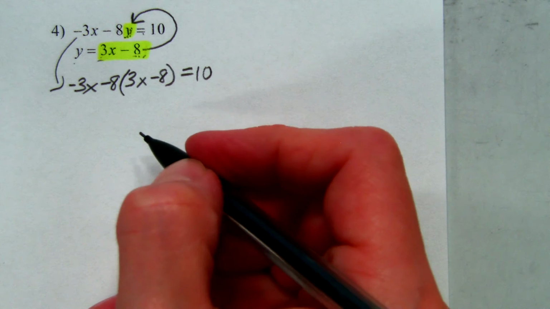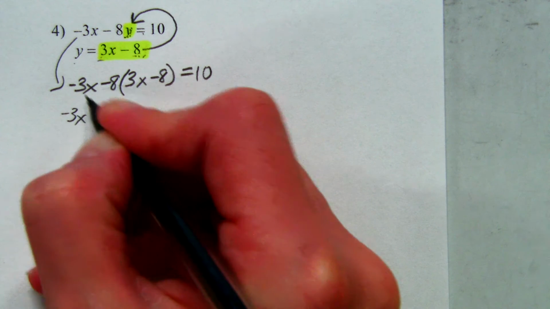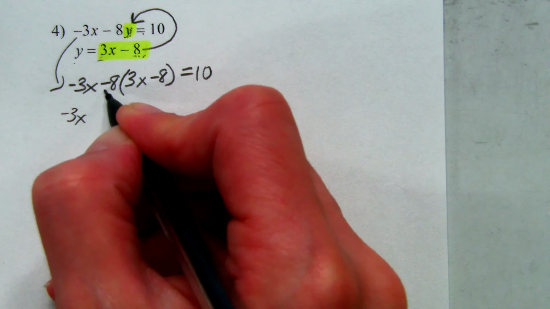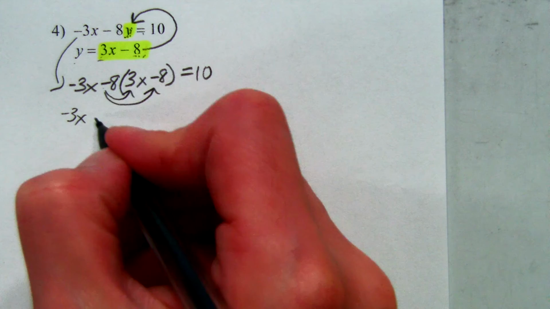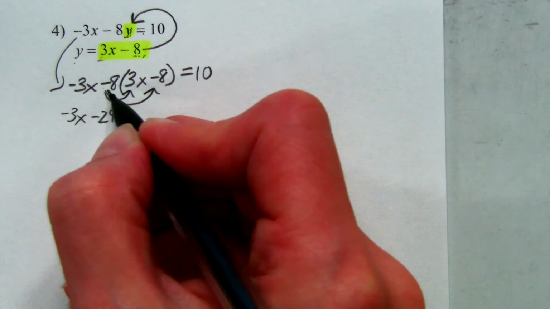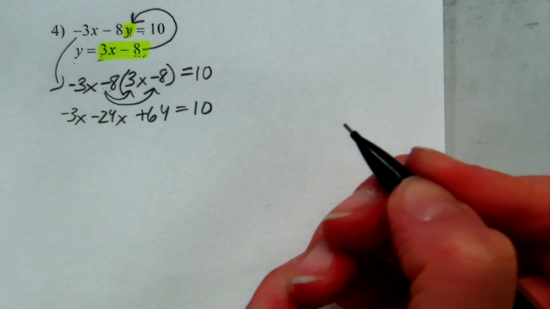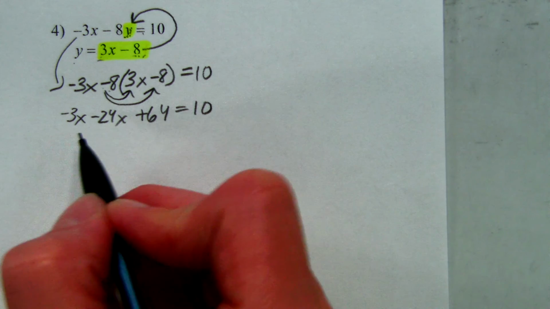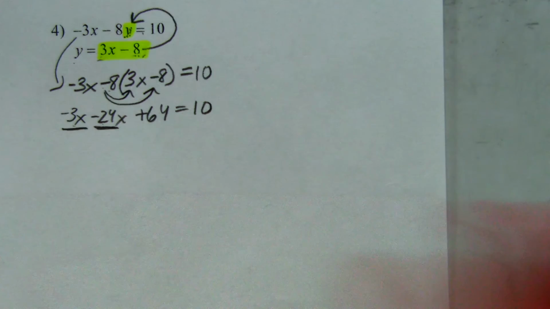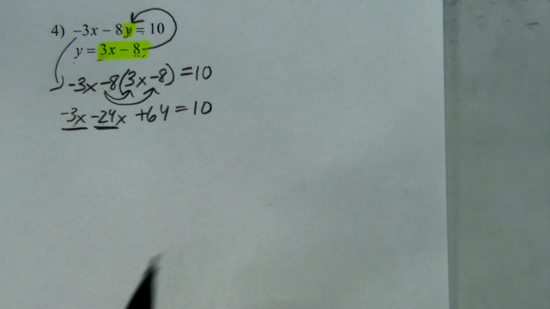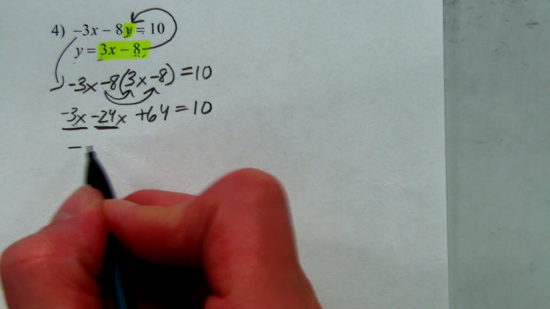And then we can simplify this a little bit and distribute. So the negative 3x, like here, just stays negative 3x for a moment. We'll distribute the negative 8 over here. So negative 8 times 3x is negative 24x. Negative 8 times negative 8 is plus 64, and that equals 10. So negative 3x and negative 24x are on the same side of the equation, which means we just put them together. I don't have to do opposite operations and add them. I'm just putting those together, which makes